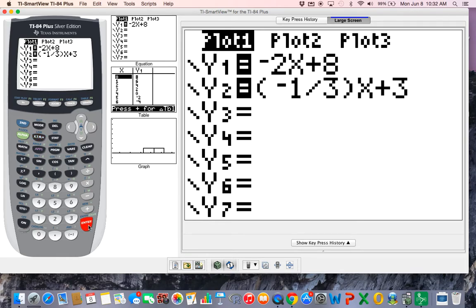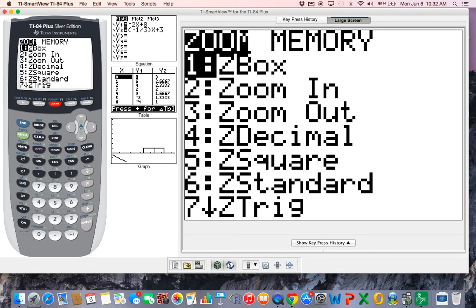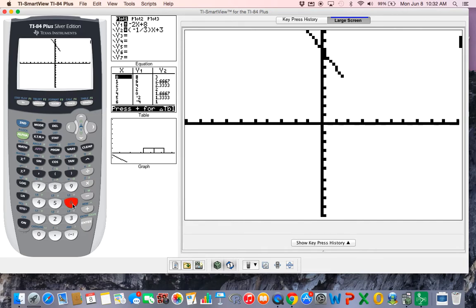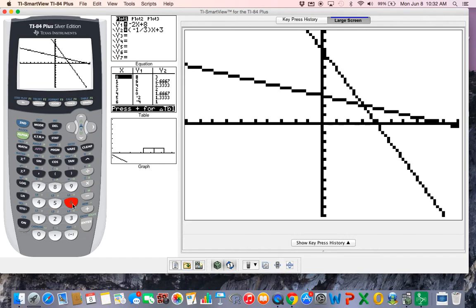Now, when I have a generic problem like this, what I can do is just do what's called zoom standard, which is going to give me my negative 10, positive 10 on the x and the y. So I'm just going to go to zoom and come down to number 6, which is zoom standard. And what's going to happen is it's going to graph the two lines on the same graph. So if I can tap into where these two lines intersect using my calculator,